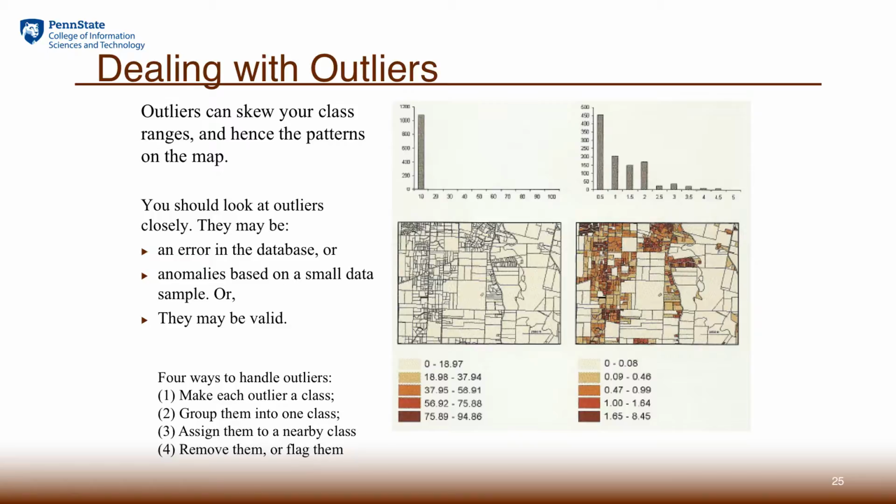There are a number of ways we can deal with the outliers. One way is to take out the outlier first and form the classes without the outlier, and then put the outlier back into one of the classes you already formed. Or you can just give the outlier independent classes in addition to the classes you already formed from other values.